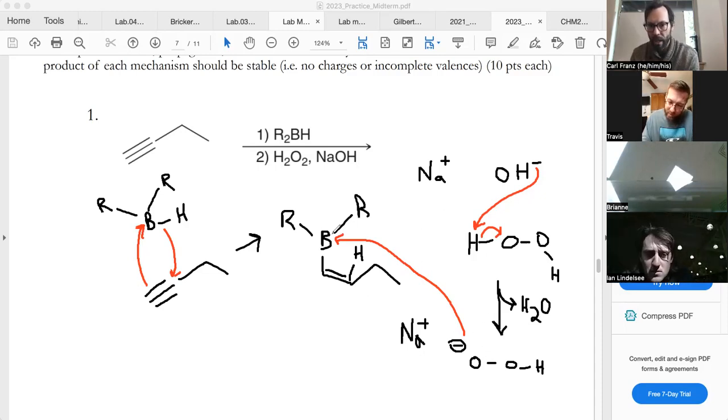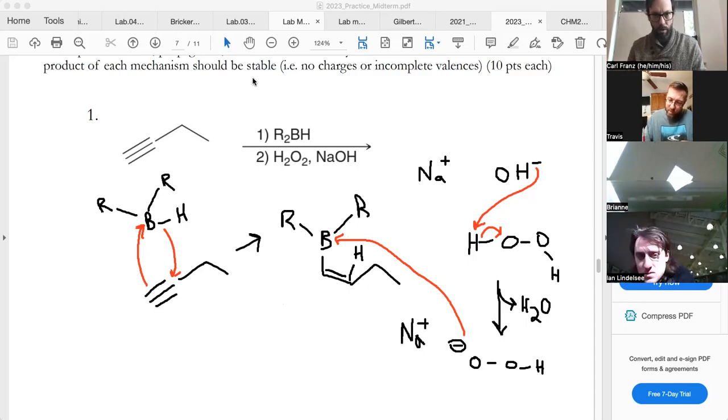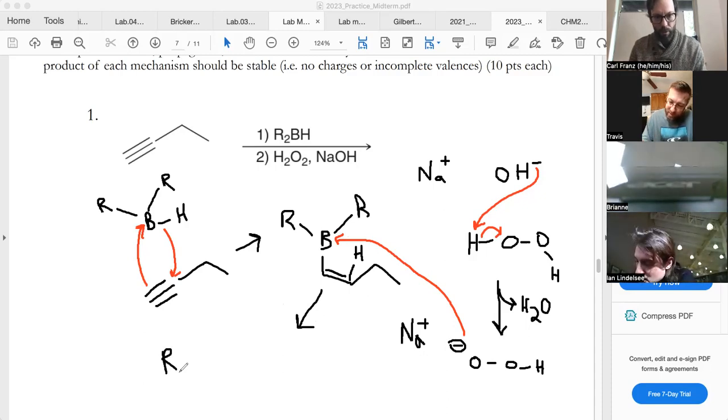So with this going into here, now we have a situation on our hands where I might have to erase some stuff too in a minute. I'm running out of room.